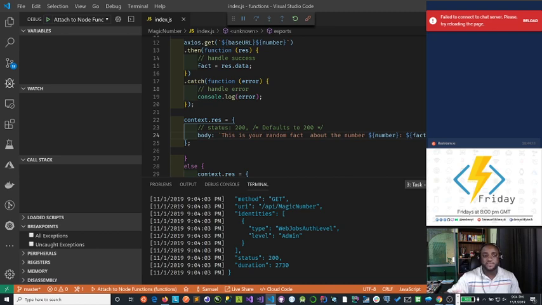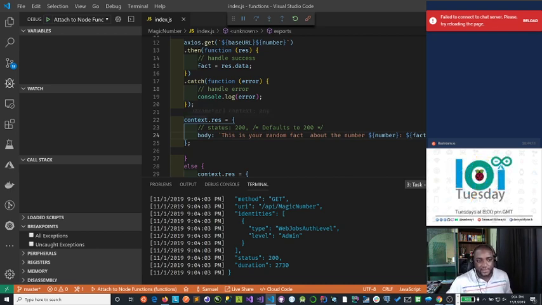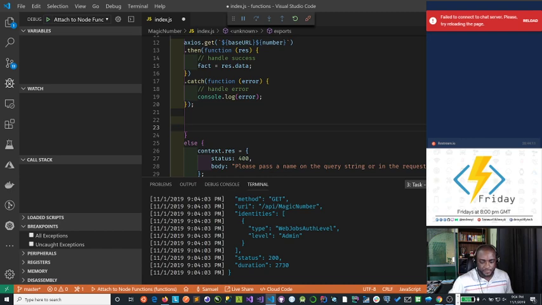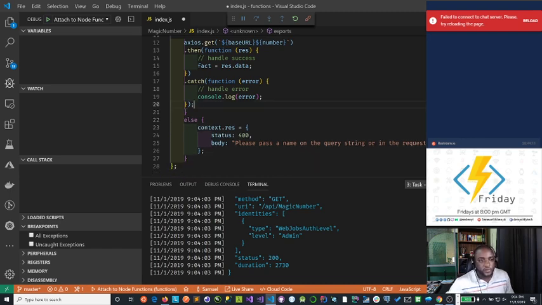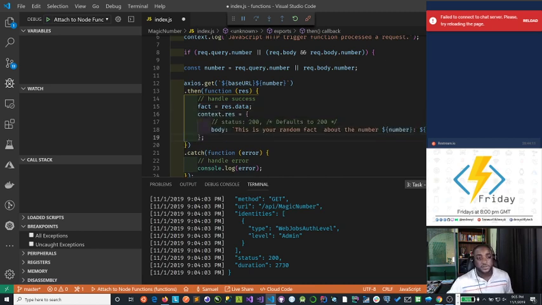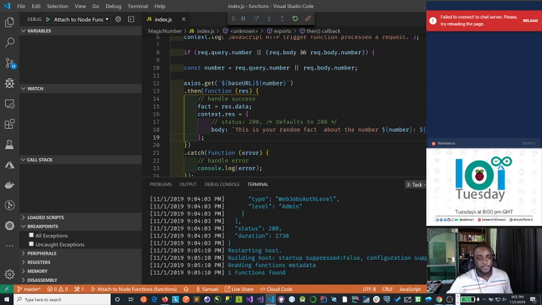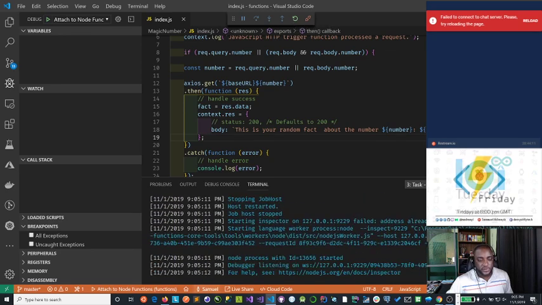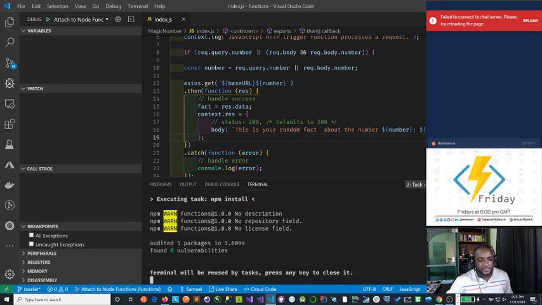So you can declare functions lower in code, but then they will run. Now, because we just put context or result here, it just jumped when fact was not assigned. So to make this work, we have to move the whole of this into when we have a result. It's only after we have a result that we're going to do this. Is that okay? So we save this, and once you save, it redeploys that